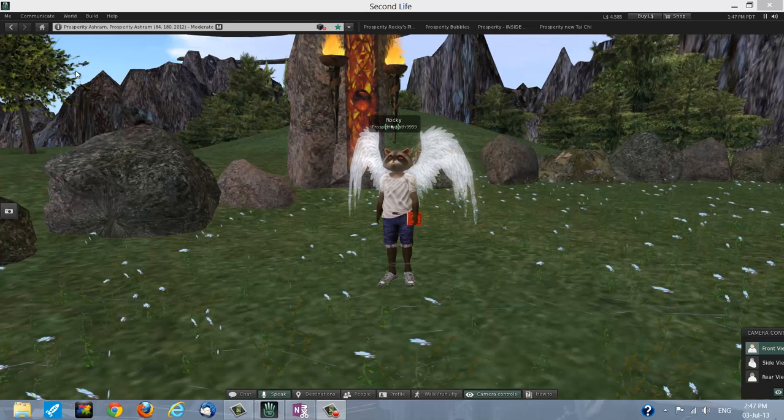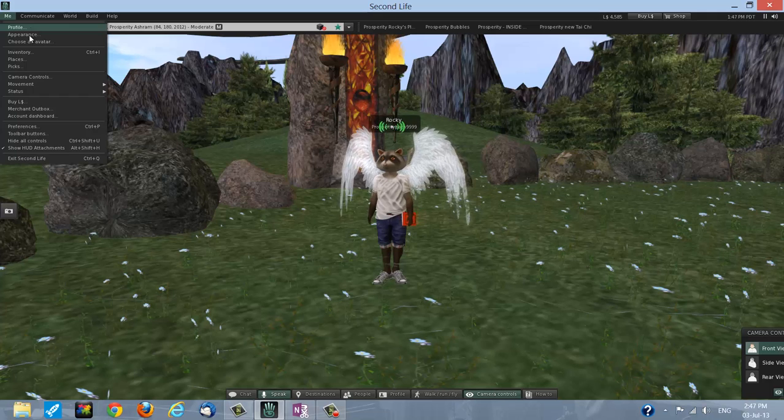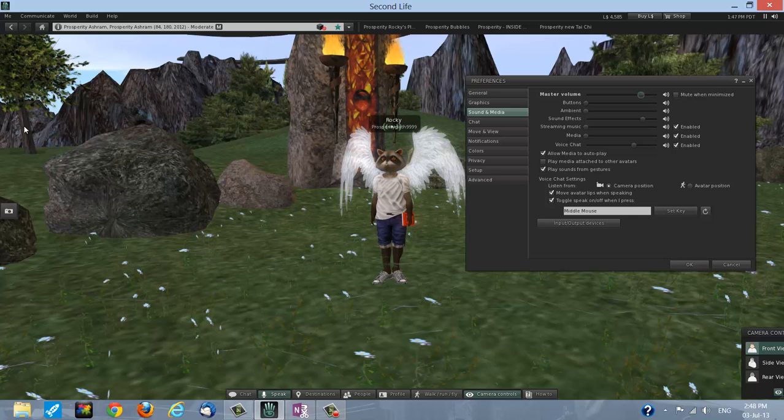microphone. And what we would do is first of all click on Me right at the top left side of the viewer, and we'll get this drop down menu. And notice I'm just moving my mouse cursor over the items, and as I land on each one they turn green. When I get to Preferences, make it turn green, I'm going to click on it once with the left mouse button. So when I do that, I get a separate window over here, and it's called Preferences, and it